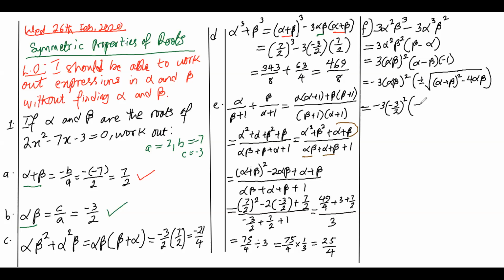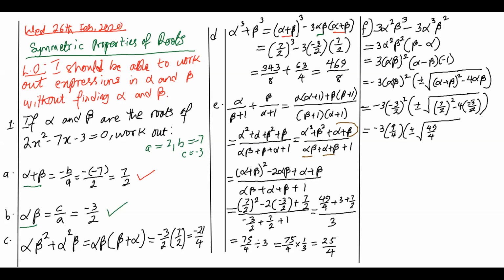Then multiplying plus or minus the square root of alpha plus beta, 7/2 all squared minus 4 times -3/2. This makes sense? Yes. So this is 9/4 plus or minus square root